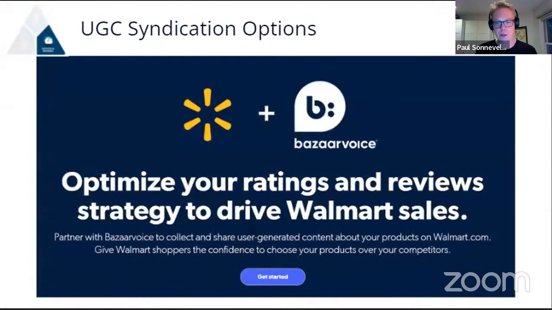Last but not least, Walmart has a couple of different programs that either don't exist on the Amazon front or are no longer around. It has a really strong partnership with Bazaarvoice around ratings and reviews. And there are really 2 aspects to that. There is one program called Spark Reviewer. This is quite similar to